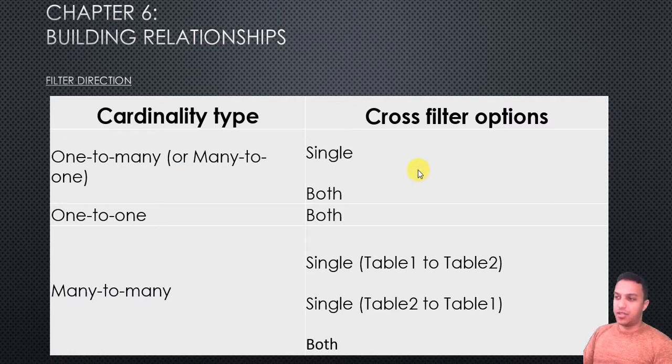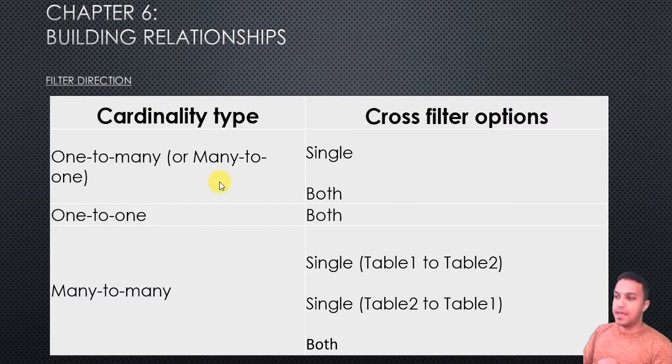direction a single direction, meaning that only the table on the one side can filter the table on the many side, or we can choose to make the filtering direction go both ways, so that the table on the one side of the relationship can filter the table on the many side of the relationship, and vice versa. So the table on the many side of the relationship could also filter the table on the one side of